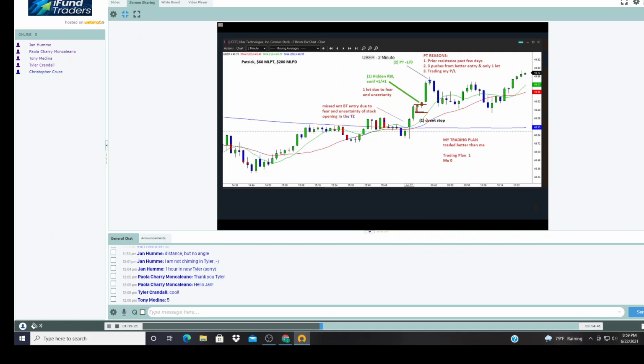But the fact is that with an RBI or a GBI, the color of the body really doesn't matter. It's usually red in this case, but not all the time. But that doesn't take away from the fact that it is actually a pause bar, and that is what counts here. It's a pause, right? You have the push to the upside, then you have the pause, and then we move on. That is the whole RBI, GBI concept. That's what it's all about. So whether it's red or not is really not relevant at all, okay?